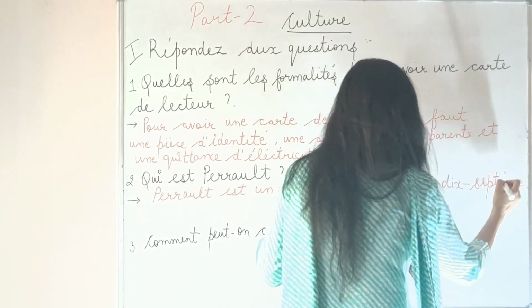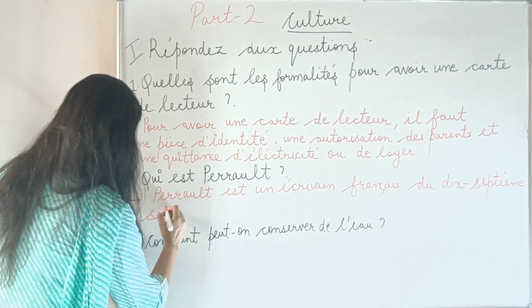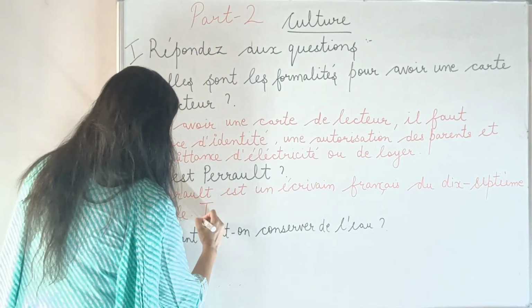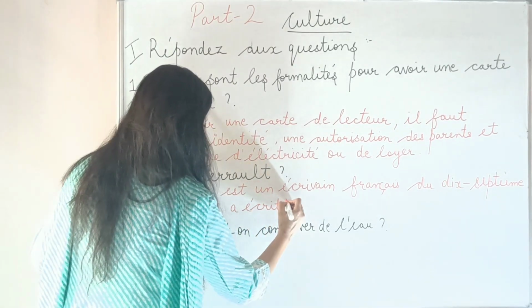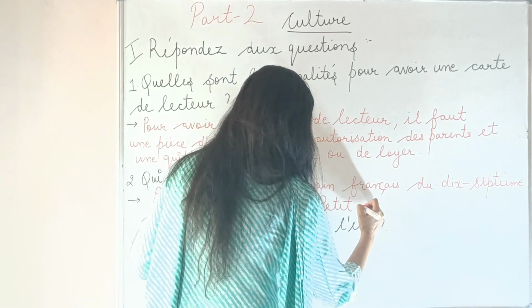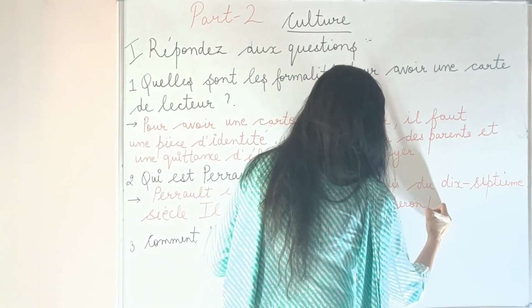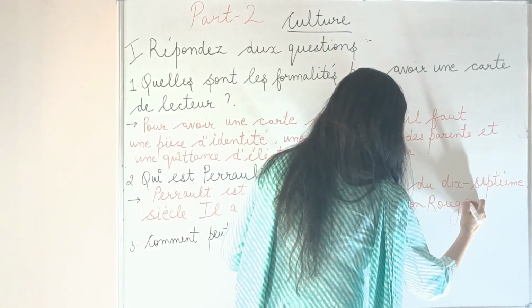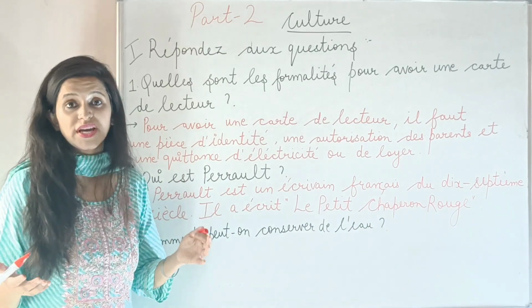He's a writer of the 17th century. And then you can talk about the story that he has written. Il a écrit Le Petit Chaperon Rouge. So the way I'm writing the answer on the board, similarly you need to write in your notebook